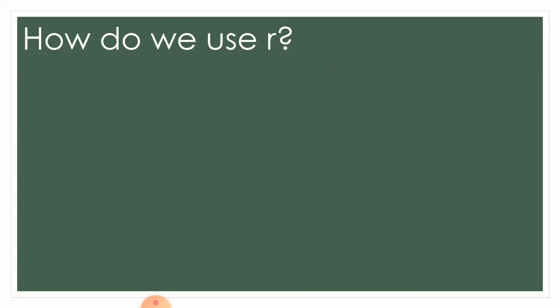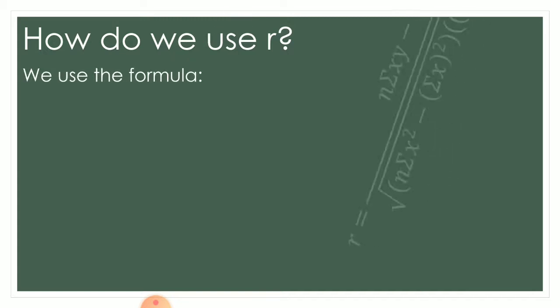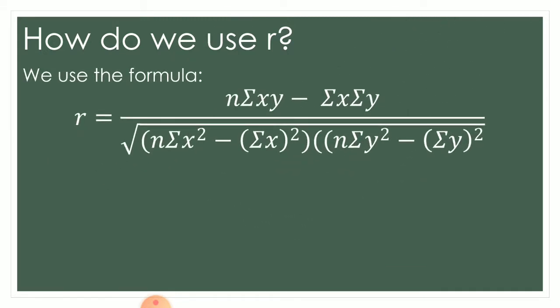How do we use r? We use the formula r is equal to n times the summation of x times y minus the summation of x times the summation of y, all over the square root of the quantity n times the summation of x squared minus the quantity the summation of x squared, times the quantity n times the summation of y squared minus the quantity the summation of y squared, where n is the sample size,